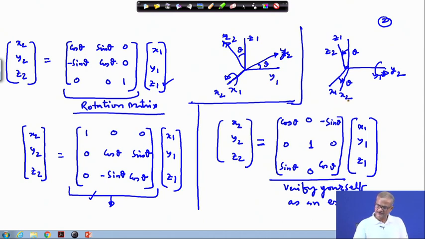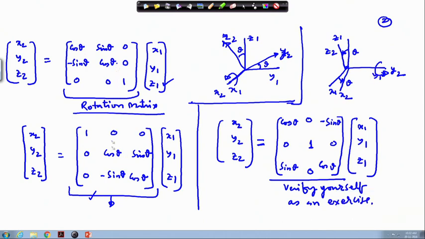So, for this rotation matrix, the rotations about the x axis and the z axis look similar to each other. But rotation about the y axis is a little different, because of the sign. Here you can see that the plus sign is here, minus sign is here, plus sign here, minus sign here. In this case it gets flipped, minus sign comes here and plus sign comes here in this place. So, this is about the rotation of the coordinate system.